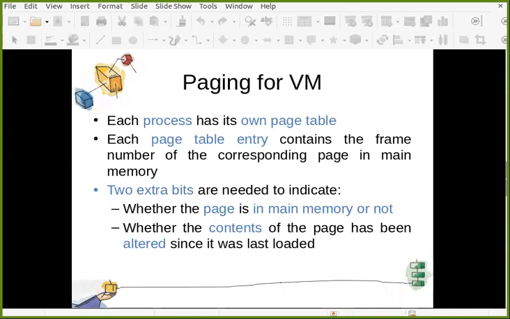So we are going to discuss first paging for virtual memory. We know that each process has its own page table. Especially in paging, if you remember, each process is divided into pages, and where a particular page is loaded in the main memory, that information is in the page table.